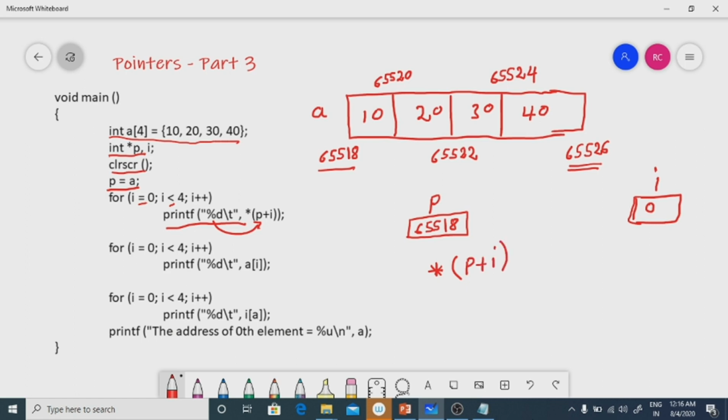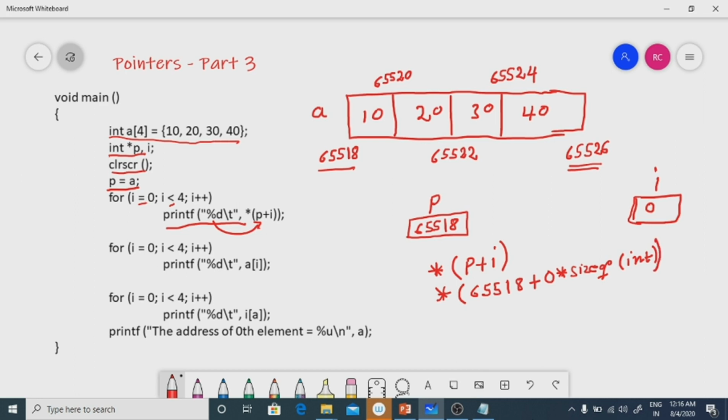So now star of, what is the value of p? 65518 plus I, which is 0, into size of int.